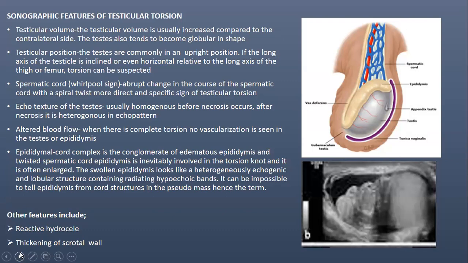You're going to find that when you're comparing the other side and this side, one side is going to be increased in volume, or it's going to even change in shape. Some research studies have talked about the testicle becoming globular in shape. Globular, what do I mean by globular? Globular means like an egg, something very round, not the normal testis, which is usually, as you can see in the upper image, which you're seeing up there. So it becomes a bit globular in shape, a bit more rounded,